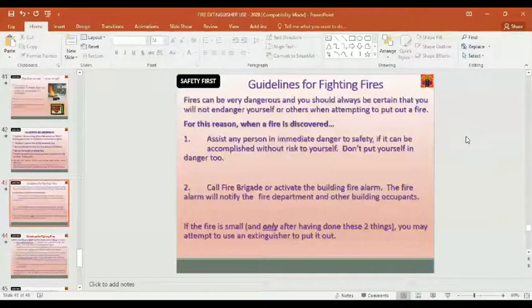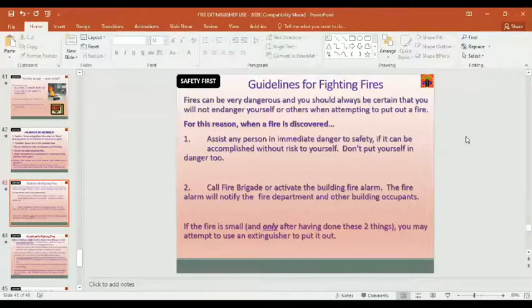Let us look at the guidelines for firefighters. Fires can be very dangerous, and you should always be certain that you will not endanger yourself or others when attempting to put out a fire. For this reason, when a fire is discovered, assist any person in immediate danger to safety if it can be accomplished without risk to yourself.